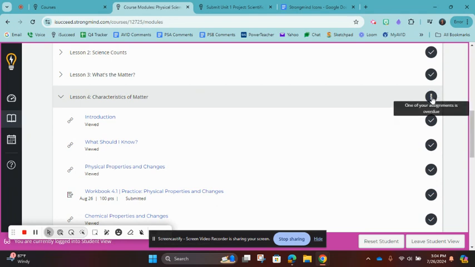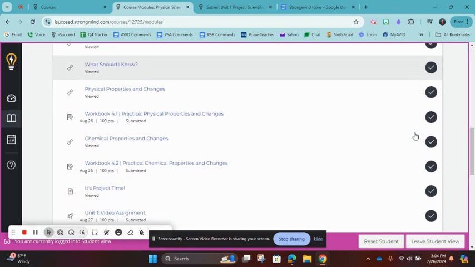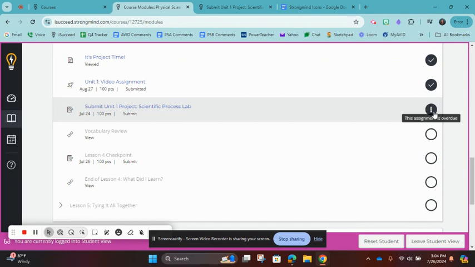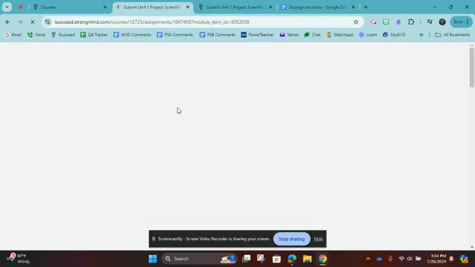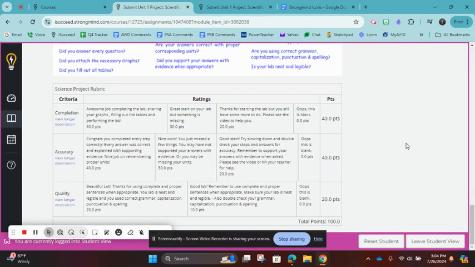And that symbol means that your next assignment is overdue. So you're a little bit behind. So you want to get back to that hourglass and kind of stay on track or ahead of the game. And then it'll do that symbol on the assignment that's overdue as well. So you'll click on that assignment and wait